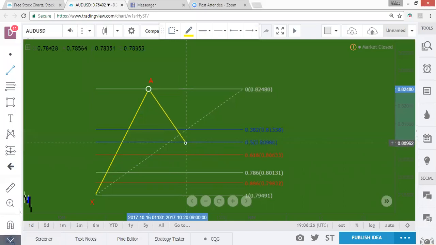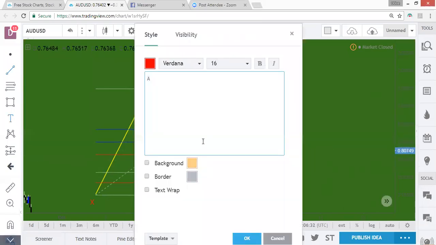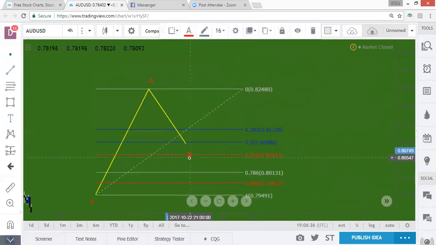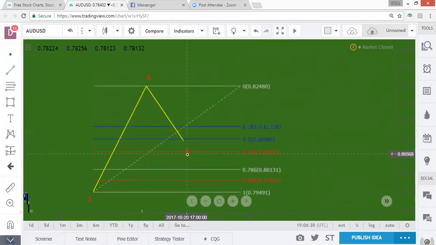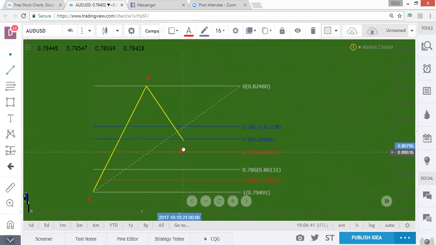We'll have a valid B leg. We'll sit it here. So we can see the B completed a little bit past the 50%, but that's fine. After we have a valid B completion,